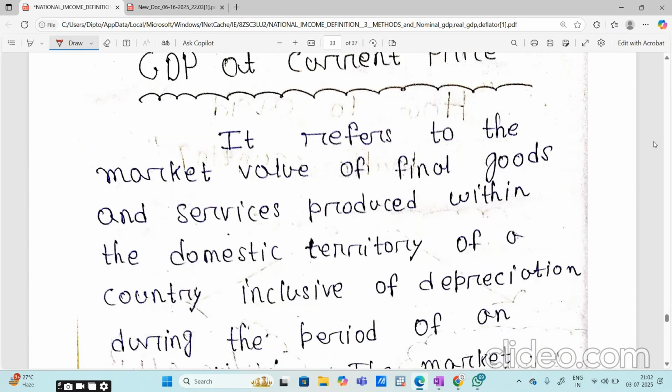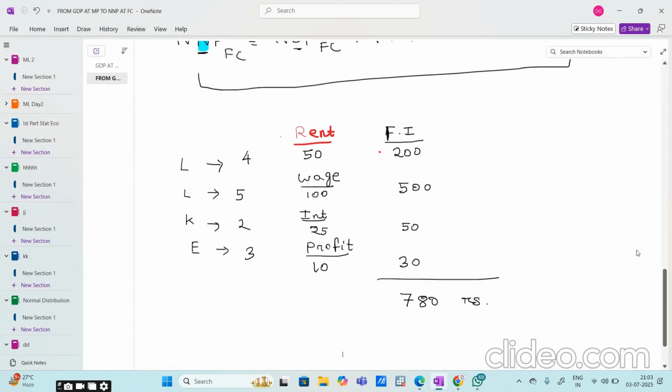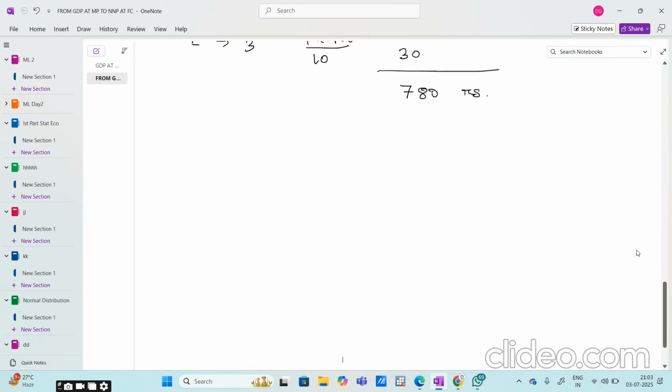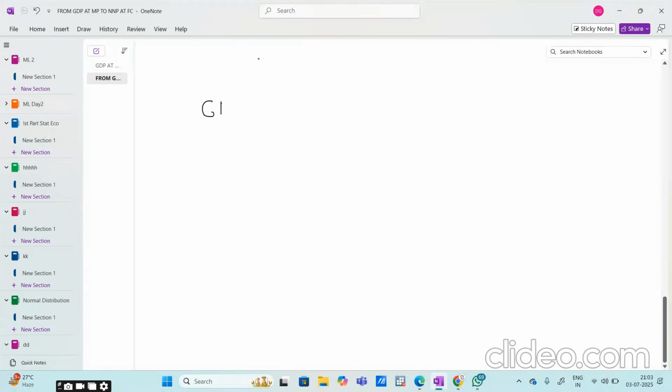Okay, GDP at current price and GDP at constant price. I will give you a very simple example by which you will get a proper idea of GDP at current price and GDP at constant price. So basically, what is GDP? We have already discussed how to calculate GDP, but my simple point now is what is GDP. So GDP is basically